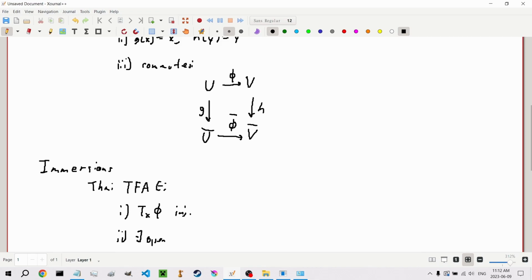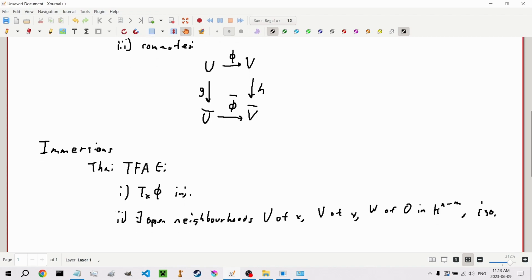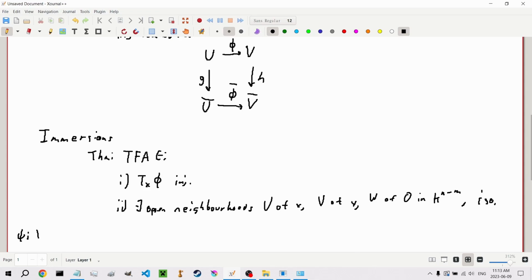Secondly, there exist open neighborhoods U of x, V of y, and W of 0 in k to the n minus m, and an isomorphism C from V into U times W, such that,